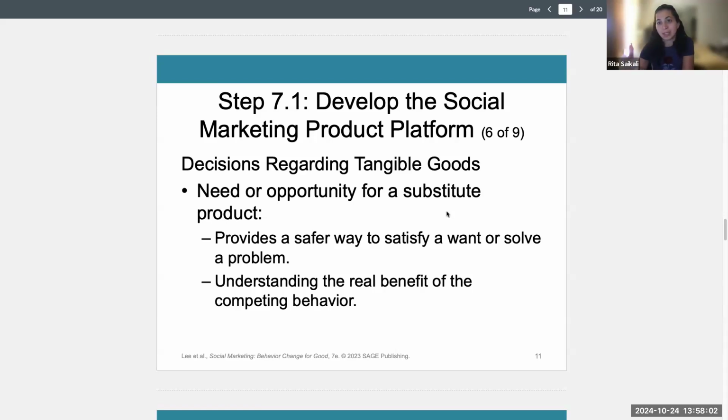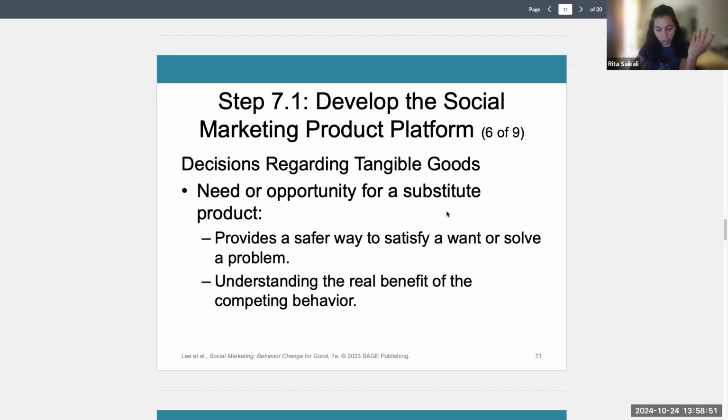So in these cases, introducing substitute products like nicotine patches or non-alcoholic beverages provides a pathway for individuals to transition towards a healthier behavior, and the substitute should fulfill a similar desire or need with reduced risk. So at this point with alcohol and smoking, we're not looking to completely eliminate risk as soon as it happens. What we're looking for is stopping that behavior, but we can stop that behavior by replacing it with something else. And in this case, something that is similar enough for the person, who is used to constantly drinking something, to still feel the same. So a replacement with non-alcoholic beverages could be a good starting point,